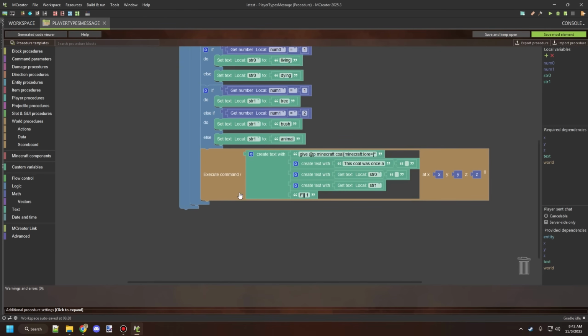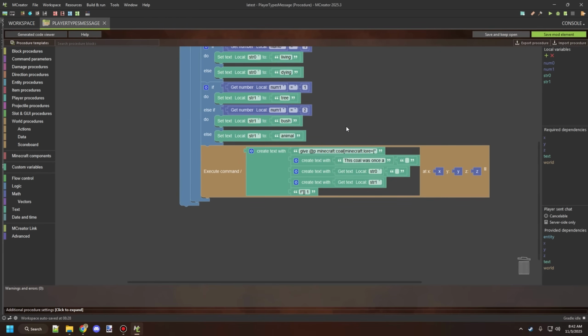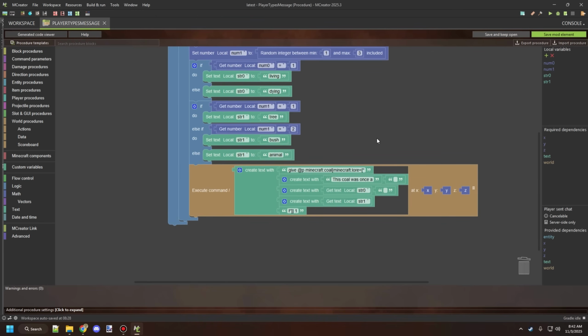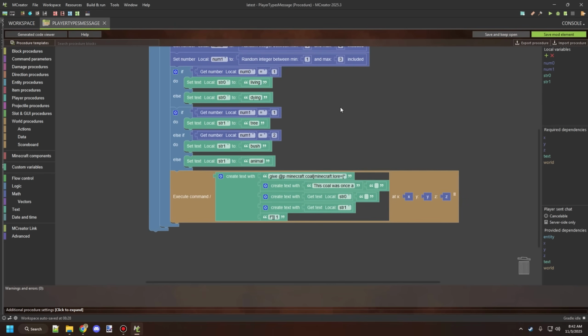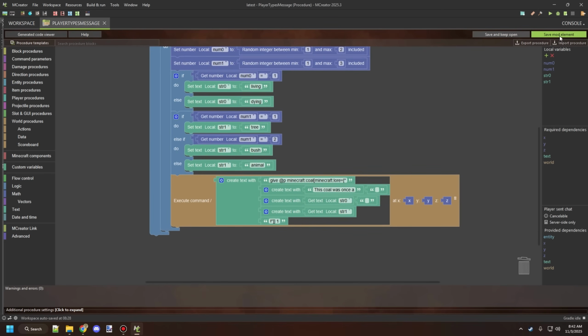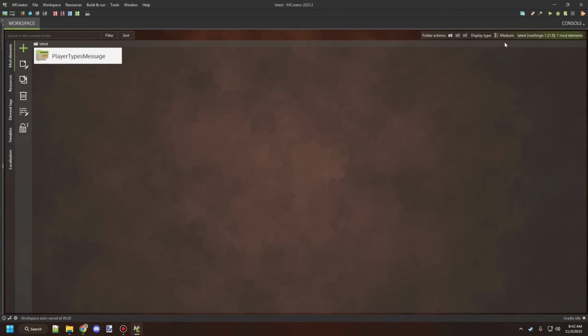So instead of having a command and randomizing the command every time, we can just randomize those variables, and we do that through a random block up here, and that's way more compact than running multiple commands. So let's go ahead and save this, and then we'll go in game and give it a good